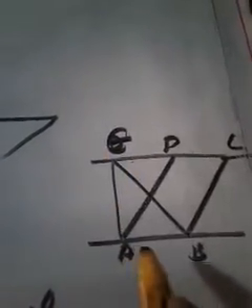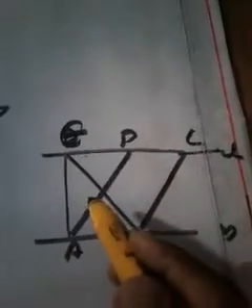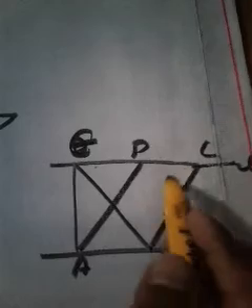And instead of two parallelograms, I am going to consider a parallelogram ABCD. First of all, you can draw two parallel lines L and M, and between those parallel lines I am going to draw a parallelogram ABCD, and let me draw a triangle ABE. What is the specialty of the triangle ABE and the parallelogram ABCD? Both have the same base AB and both are between the same parallel lines. Then what can you say? Can you say that the area of the triangle is equal to the area of the parallelogram? Never. We can say that the area of the triangle will be half of the area of the parallelogram.